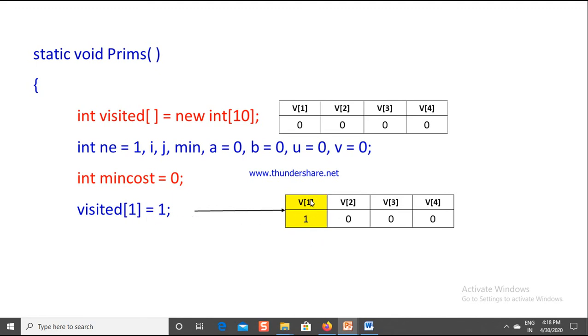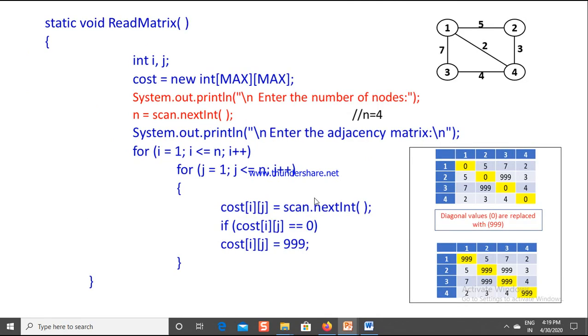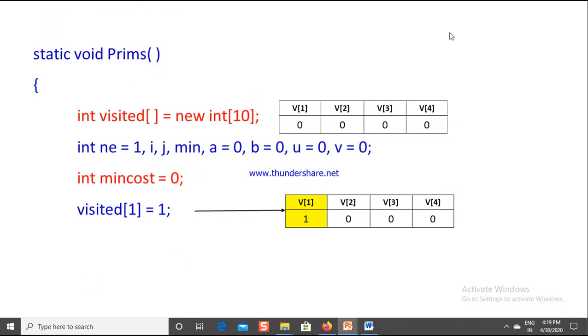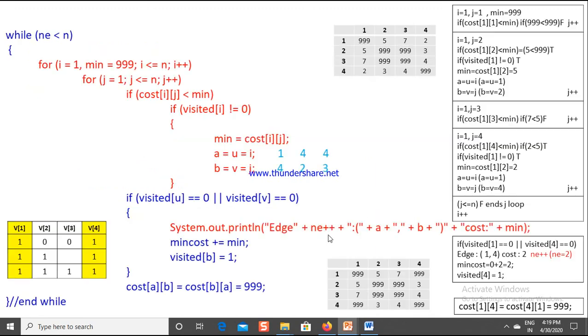If you want to consider any other vertex as the source vertex, you can, but here I am considering vertex 1. This is the graph you have. So I am making vertex 1 a visited vertex, visited of 1 equals 1.